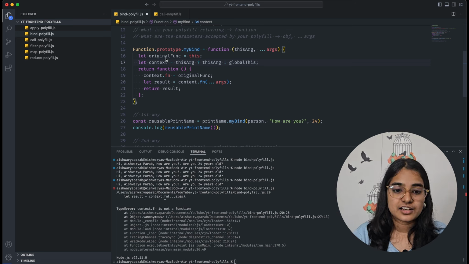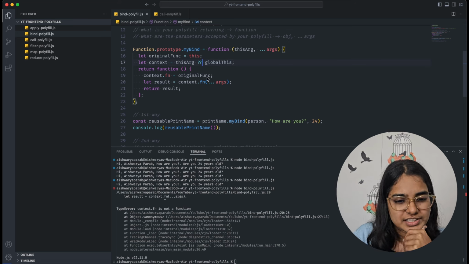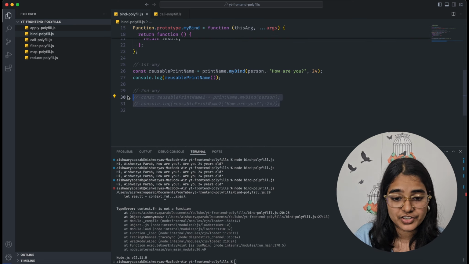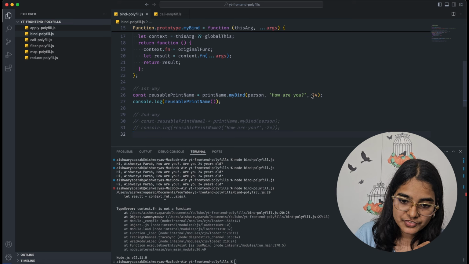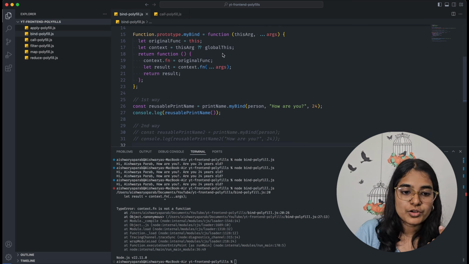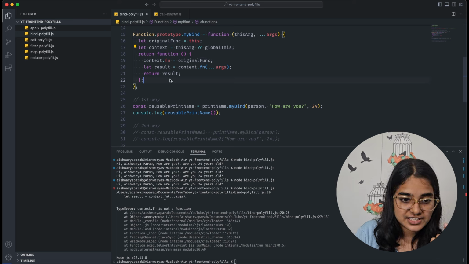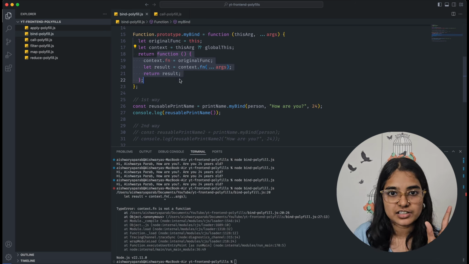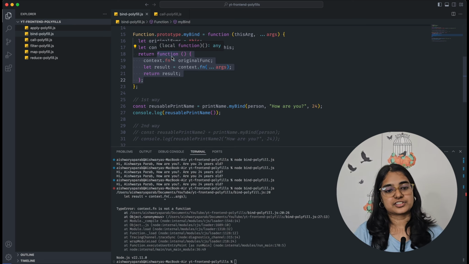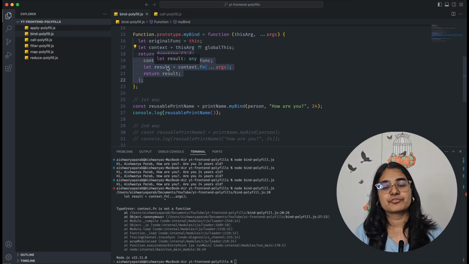Okay, we can write this with a shorthand property by just saying this. Okay, this also means the same thing. Now, anything else that I've left incomplete? Oh yeah, the second way. This is the second way, right? So this is the first way that we did, wherein we accepted all the parameters right here. But we also know that while running the function, see, this is the ultimate function that is being returned. Okay, to give you context, this is the reusable function. This is the reusable print name function.